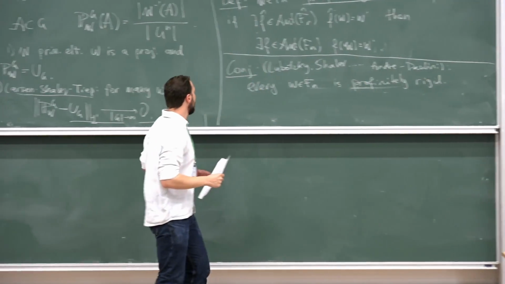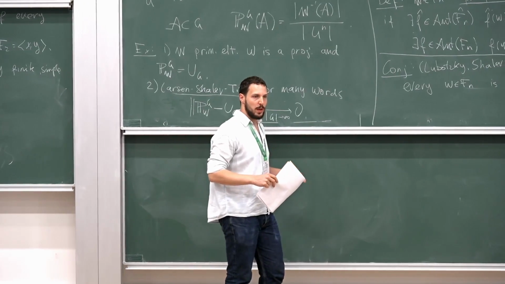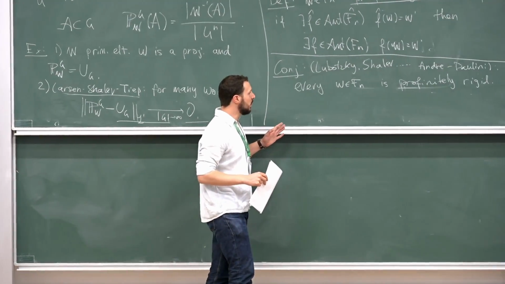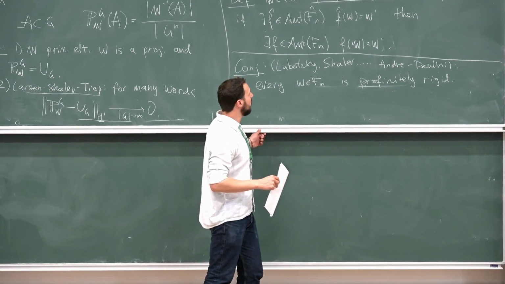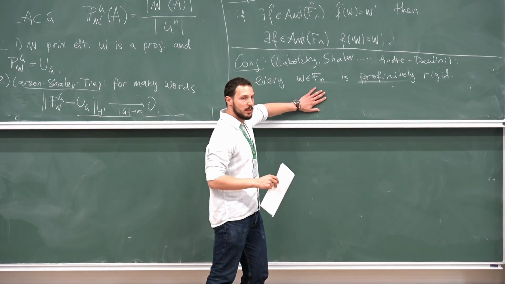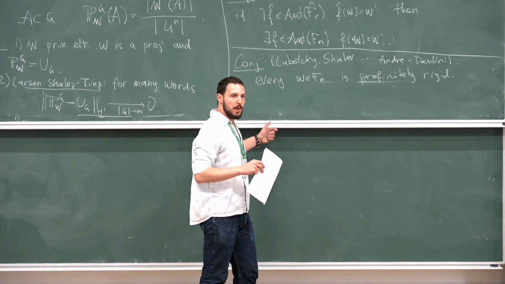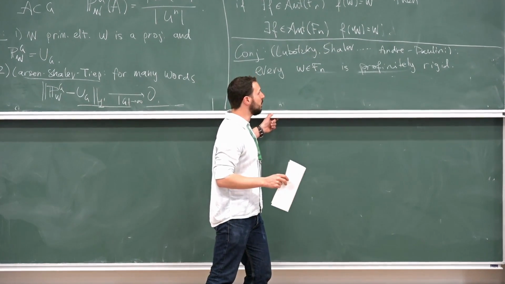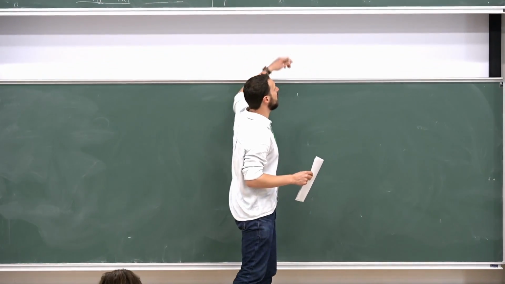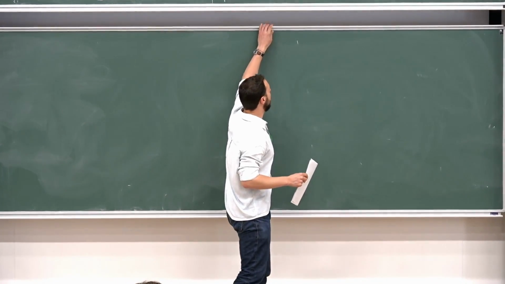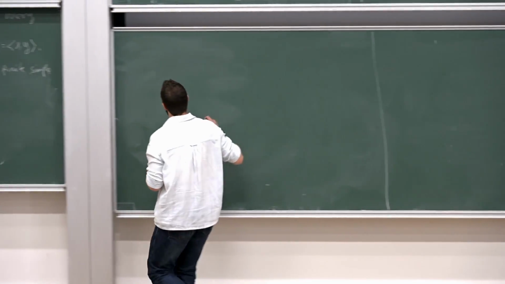profinitely rigid. And just like the question of profinite rigidity, where we don't have many examples of groups that are profinitely rigid, the situation is pretty similar with this question. We don't have many examples of words that are profinitely rigid. Maybe because fewer people have been thinking about this problem, but I like to believe that it's also because this problem is pretty hard. So what do we know so far?